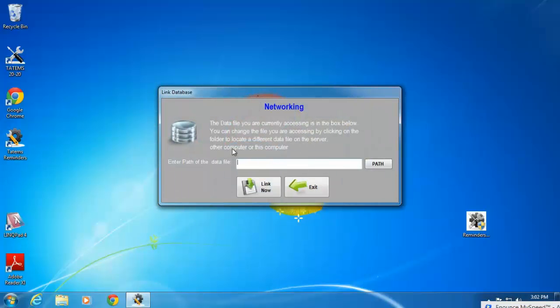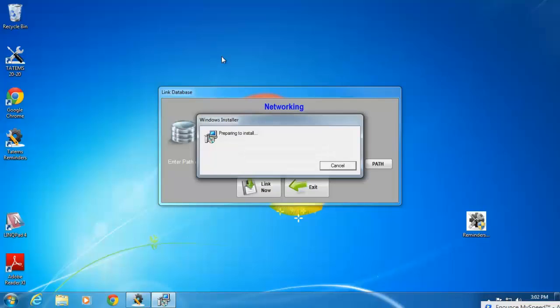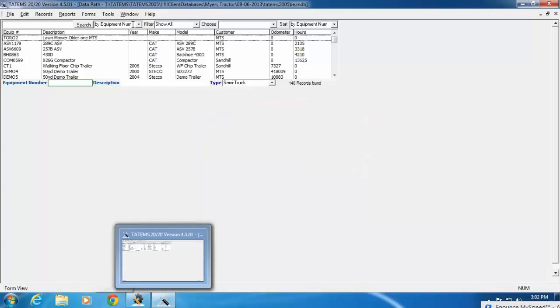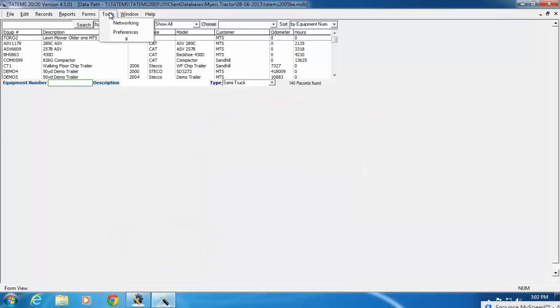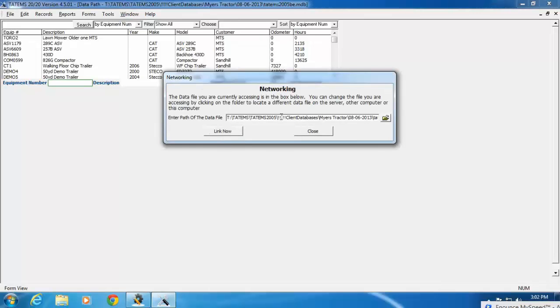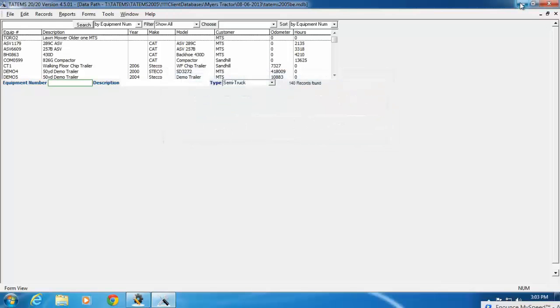And the first screen you'll see is you have to choose your data path. So you can get your data path from TATEMS if you don't know where it is. You can open up TATEMS. And once TATEMS is open, you're going to click on Tools and Networking, and you'll see where the data file is. So I could just copy this path here and close that,